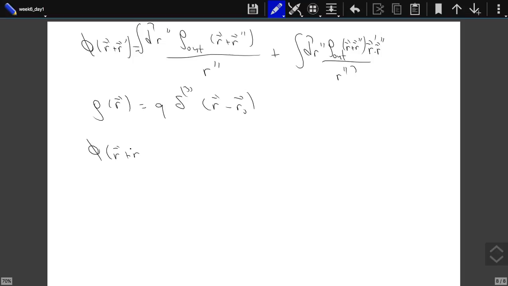Phi at the point r plus r prime is equal to, well, rho at r plus r double prime is equal to q times the Dirac delta cubed of r plus r double prime minus r0. So basically, again, in the r double prime integral, it just tells me that instead of r double prime, I should put r0 minus r. So this is equal to q over r0 minus r